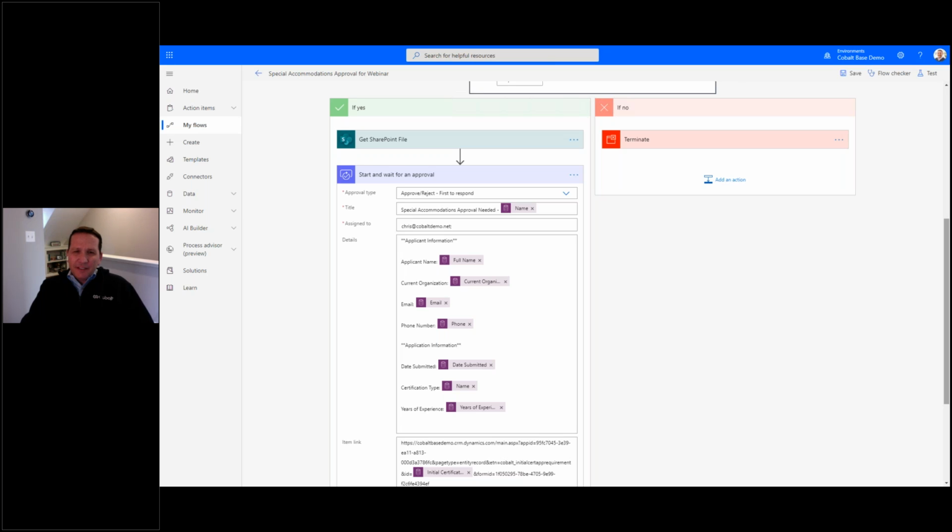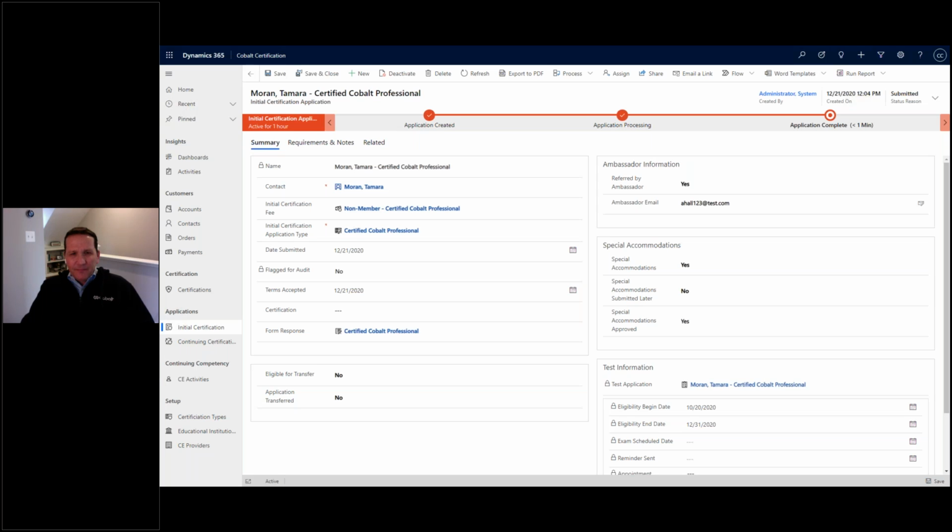Okay, so now let's go back and see what happened when this request was approved. You can see that the special accommodations flag on the initial certification is marked as approved. You will notice the test eligibility created now displays as yes. As soon as we approve that special accommodations request, we sent the eligibility to the testing vendor. Once we receive confirmation that the applicant's eligibility was created with the vendor, this happens within a couple of seconds in the background via our integration,